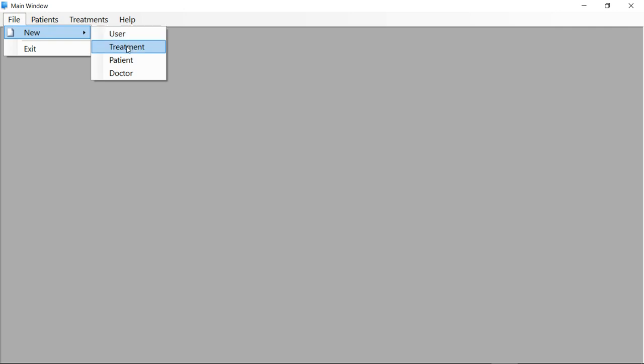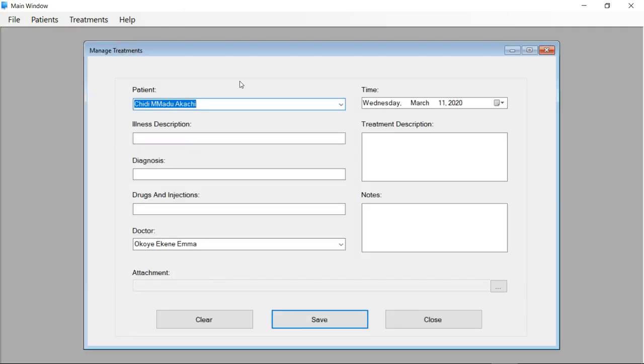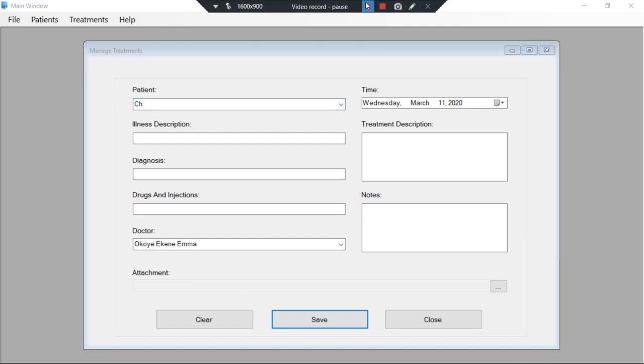Okay, now we can go to the treatment section and see. From the treatment, we'll be able to select the patients from the list of our patients. I'm not so sure what happens if we begin to type. It's not suggesting, but I can fix this to suggest. I'm going to fix it immediately before continuing the video.